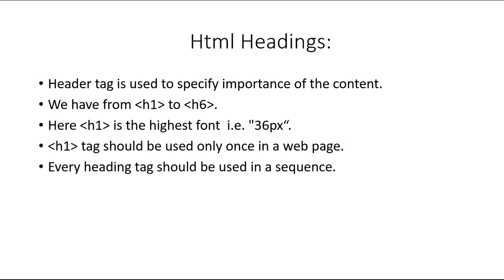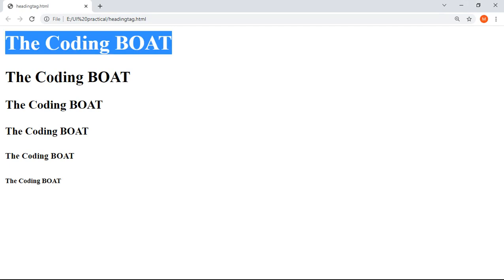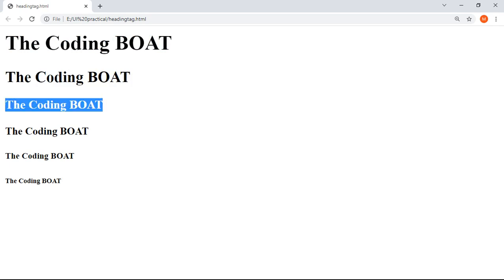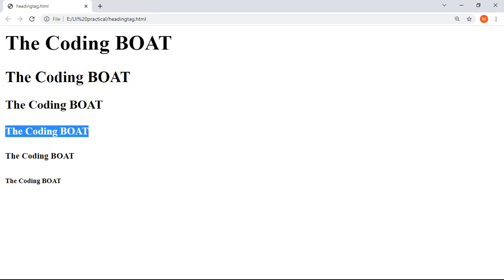Now every heading tag should be used in a sequence. We should use this tag in sequence. This is not compulsory, but this is standard practice, because suppose this is main topic, then this is subtopic, then this is subtopic, then this is subtopic, like this, correct? Now,